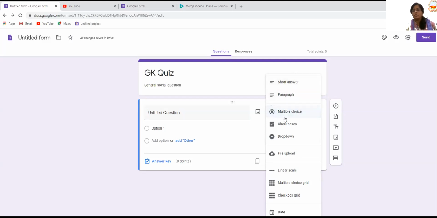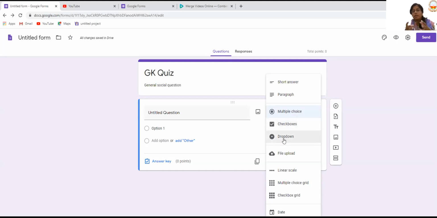Now multiple choice, checkbox. What multiple choice means is, if you are giving a question and having 4 options for it, a student can just select one option. But when it comes to checkbox, maybe in a question like how many languages do you know? It's not for these MCQ quiz questions. Mostly if we ask how many languages do you know, I might know 2-3 languages together. Or how many options are correct in the above questions. So there can be multiple check boxes. For that kind of questions, we use check boxes.